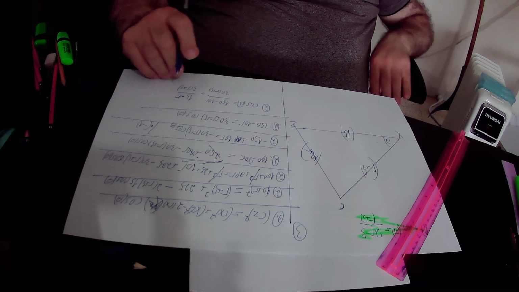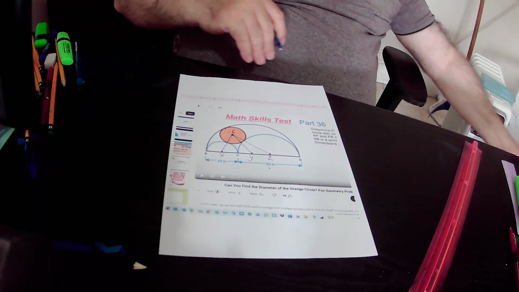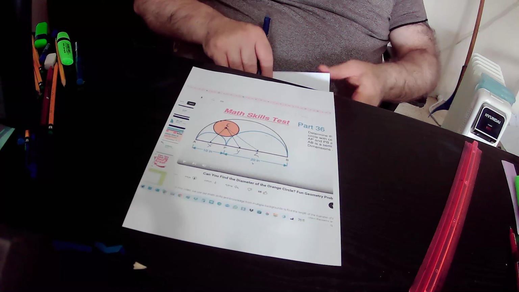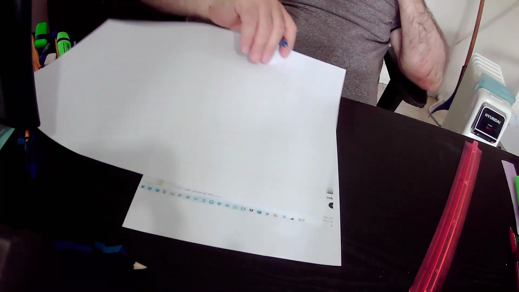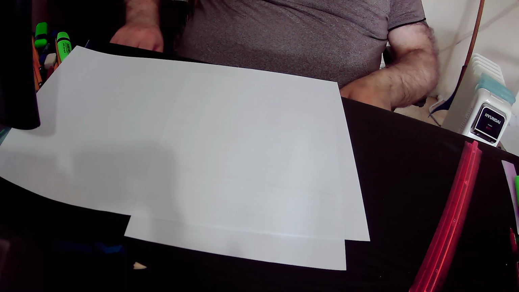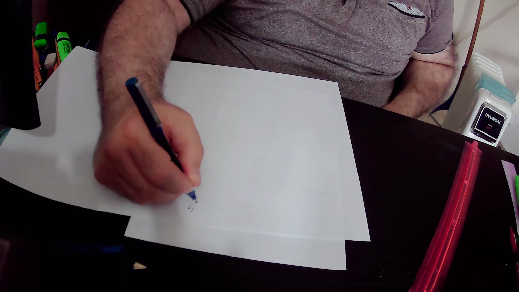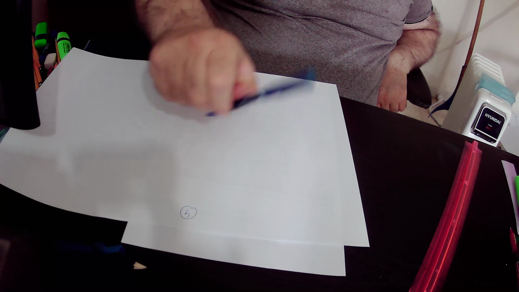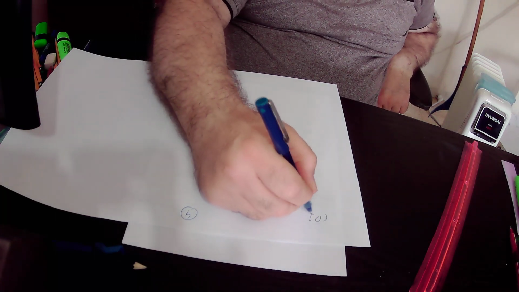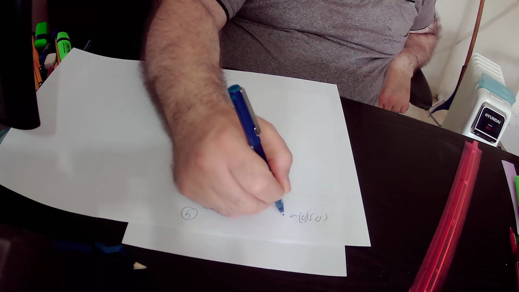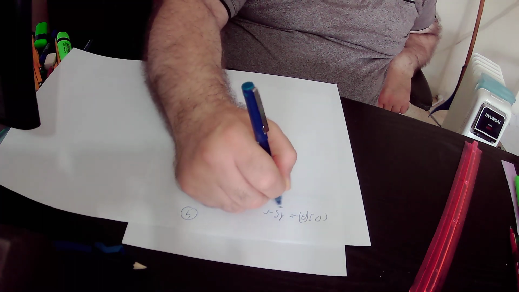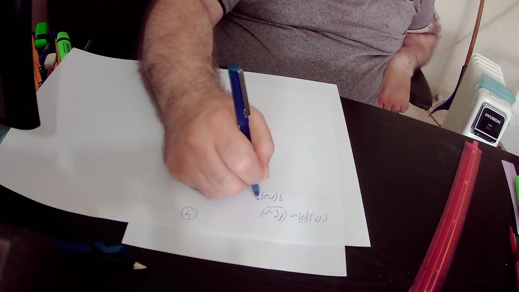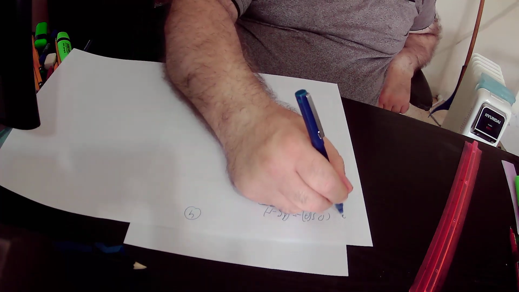So in conclusion, according to equation number 2, cosine theta equals 15 minus r over 3 times r plus 5,